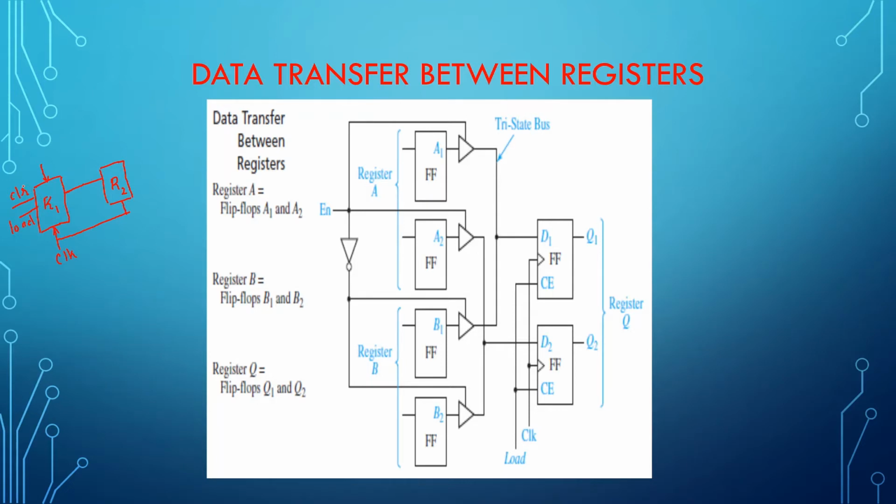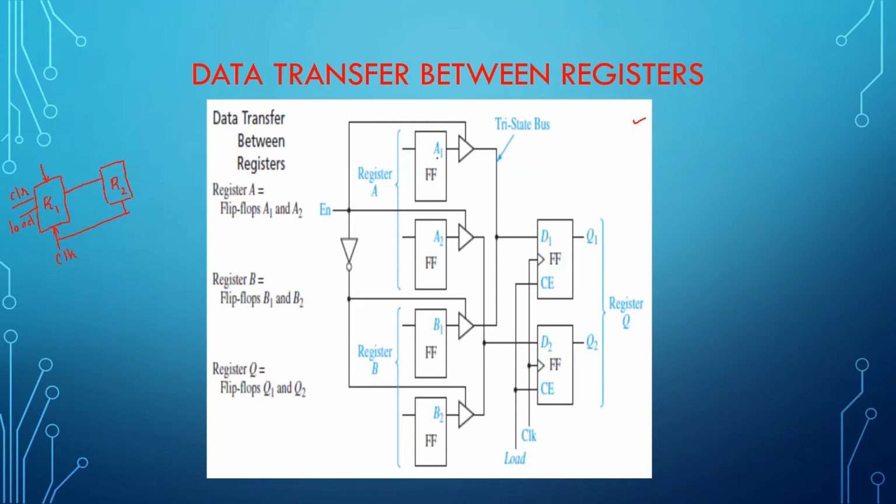After all these signals have been activated, let me say that initially I'll be activating the load signal and later I'll be giving the clock signal. So the data from register R1 has to be transferred to register R2. If the data from register R1 has to be transferred into R2, how do you actually do that? Because it's a common clock signal and a common clear and load signal. We'll have a detailed explanation regarding that in the circuit diagram shown here. So let's get into detail.